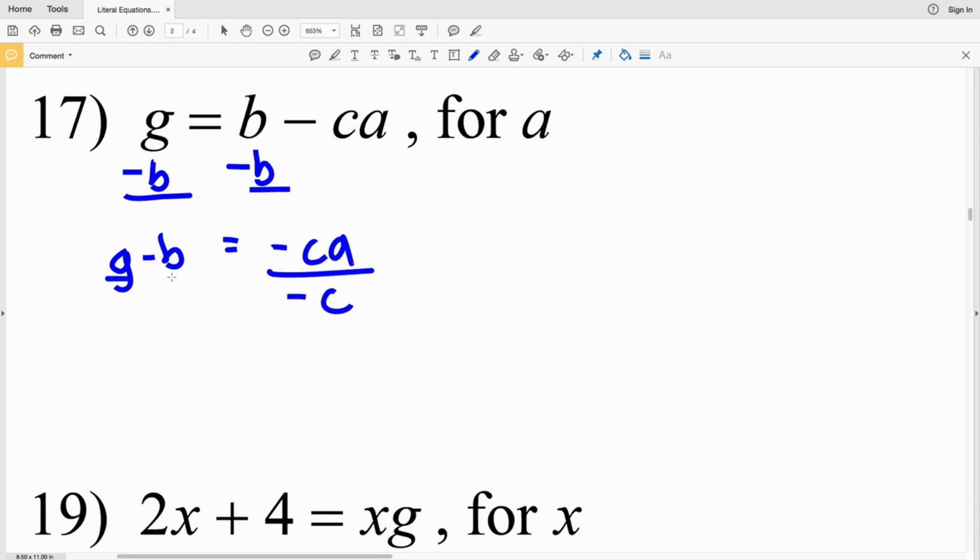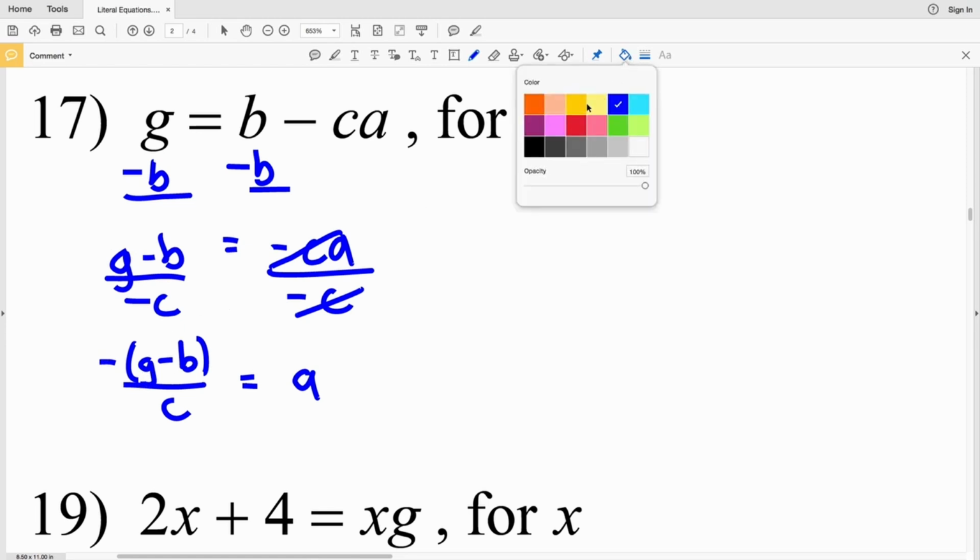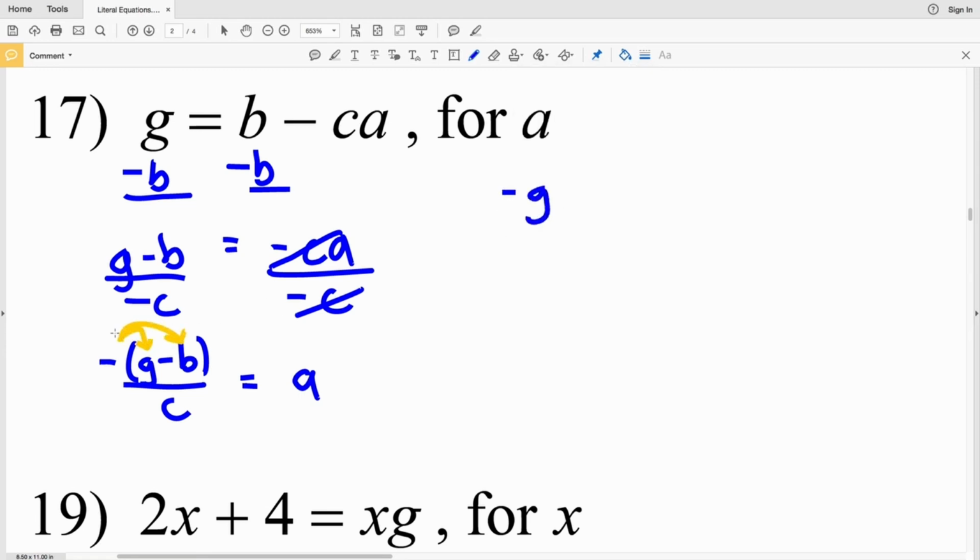Divide both sides by a negative c, and we'll move the negative to the numerator. So we'll have negative g minus b all over c equal to a positive a, since the negative was canceled out when we divided by a negative c. When you move the negative to the numerator, you're applying it to all terms within the numerator. So this negative gets distributed to the g and the b. So this will be negative g, and then negative times the negative b would be a positive b all over